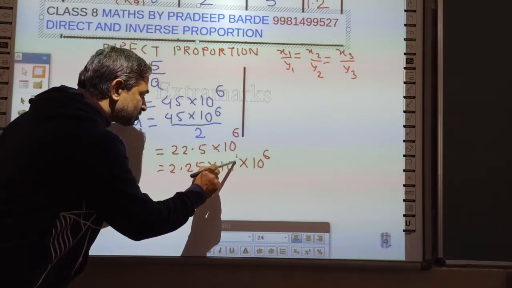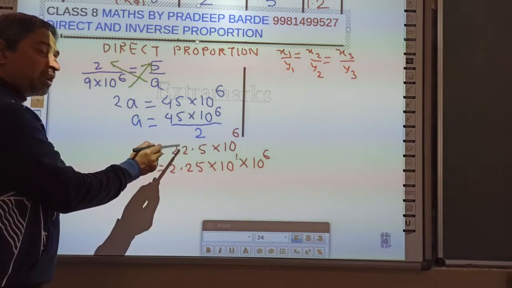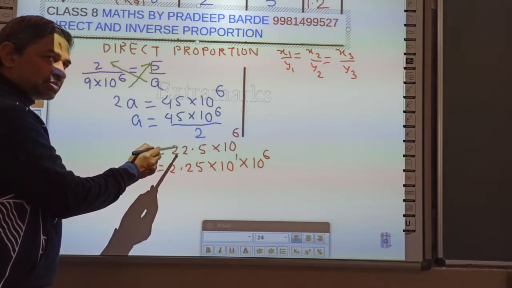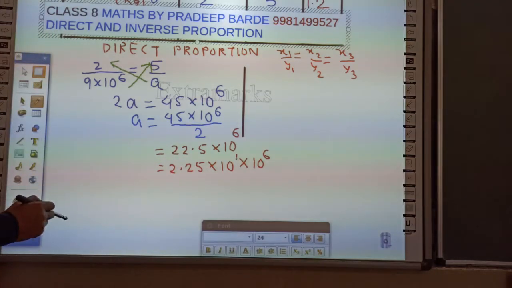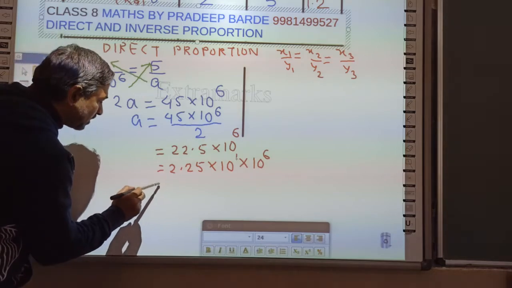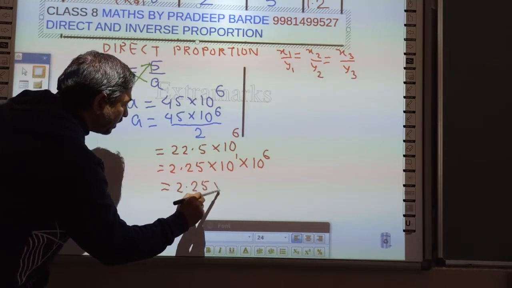So this is 10 raised to the power 1 here, because the decimal is shifted one place towards the left. So power is positive and we have 10 raised to the power 1. So it will be 2.25 into